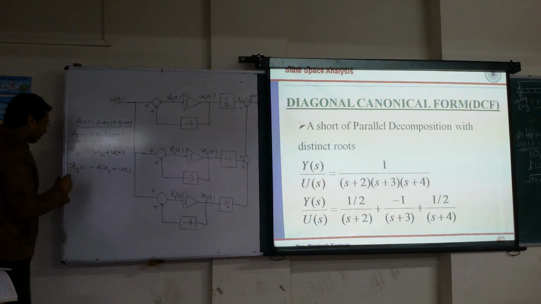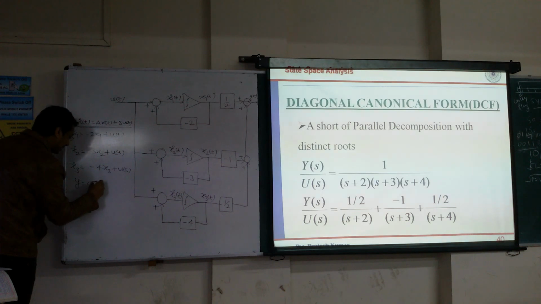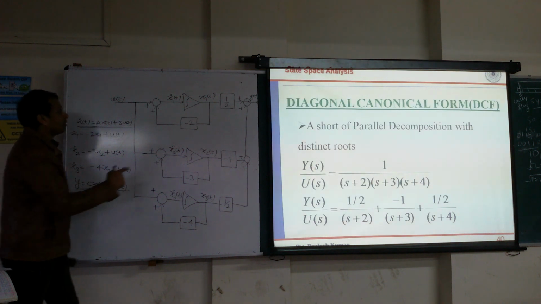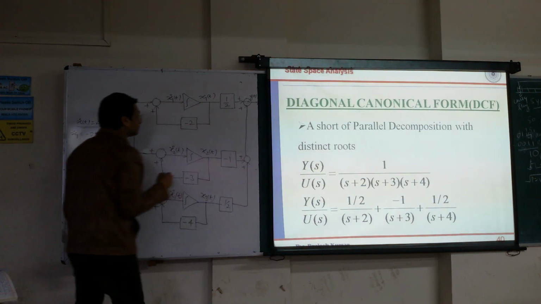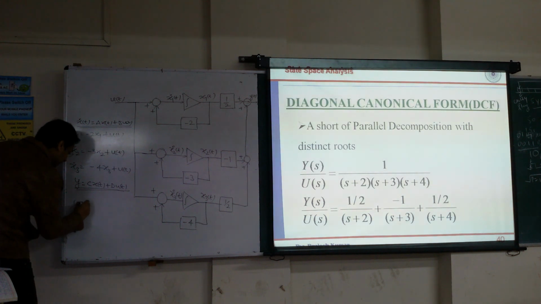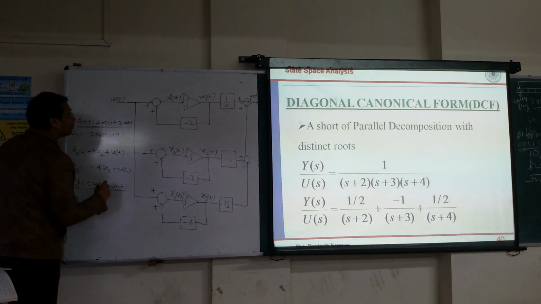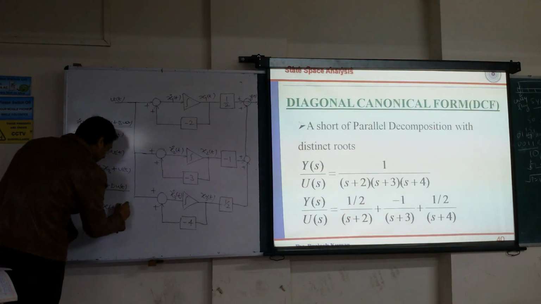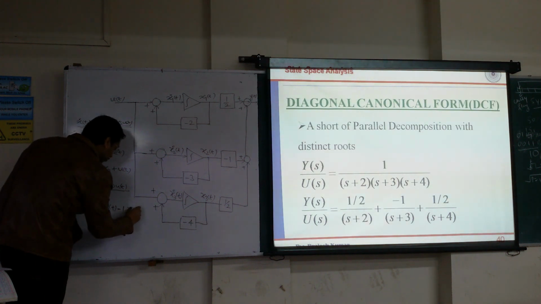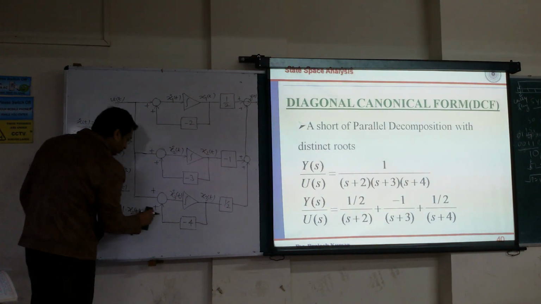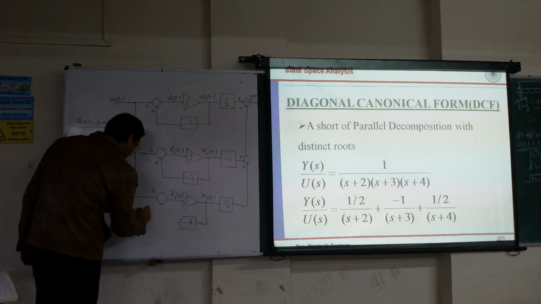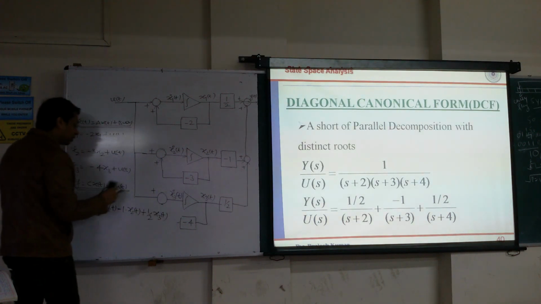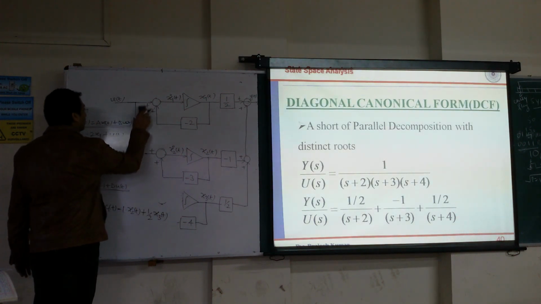And the output equation we are having is y is equal to C x(t) plus D u(t). Okay, so we need this. So what will you get? y(t) will get half of x1(t) minus 1 multiplied by x2(t), and I am going to comment this. Okay, plus 1 by 2 x3. Now we are happy because we are having the state equation and output equation.